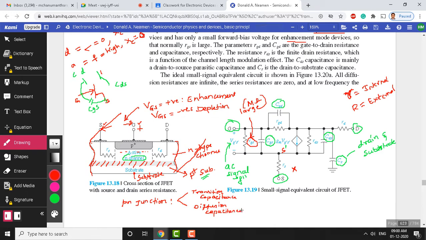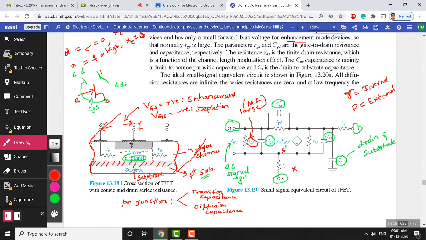Okay. So that is why here we use capacitance. That PN junction capacitance theory we are applying to the equivalent circuit here, and obviously a question arises here: how did we get this CGS? CGS is because, as I told you, there is a diode here between the P plus region and this N channel, and this junction between the P plus and N exhibits a capacitance just like the PN junction theory. So the same PN junction theory we are applying even for this JFET here.